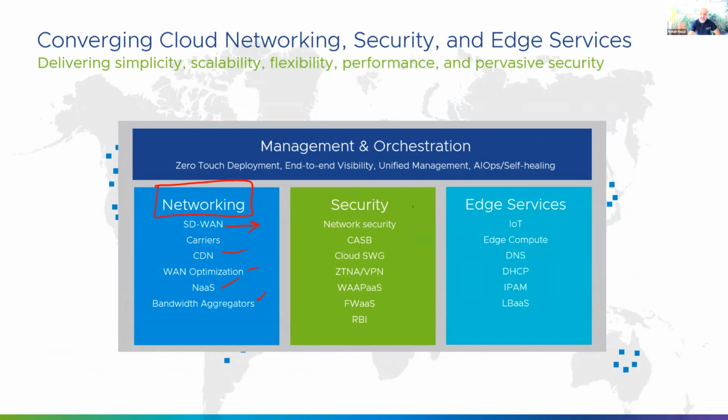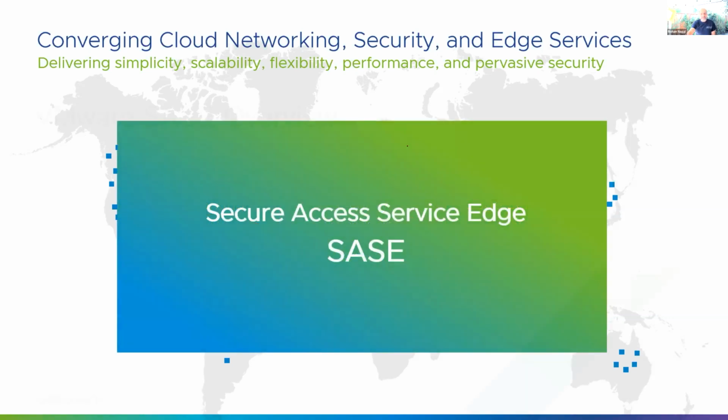And then when it comes to security, there are a bunch of security capabilities which are part of the security stack, like Cloud Access Security Broker, ZTNA, which is secure access, zero trust: don't trust even the inside network. That's the fundamental framework for ZTNA. Then firewall as a service, remote browser isolation, cloud sandboxing, and many more. But these are some of the lists. So what you need to remember from the SASE point of view is the networking and the security. That's the key here for SASE.